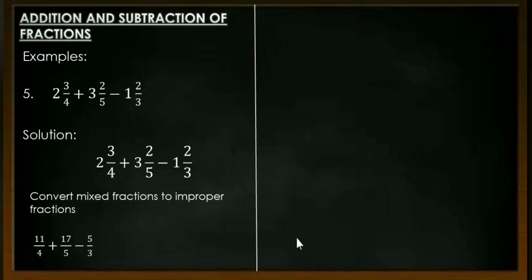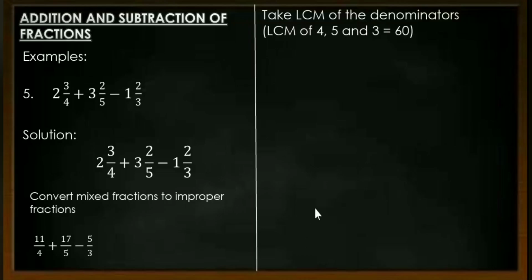The next step is to find the LCM of the denominators. The LCM of 4, 5, and 3 is 60. So you leave a blank row, you draw your line, you write the LCM underneath the line. When you visit the first fraction, 4 will go into 60 how many times? 15 times. So you multiply 15 with 11, you have your number here, you move this addition sign to this